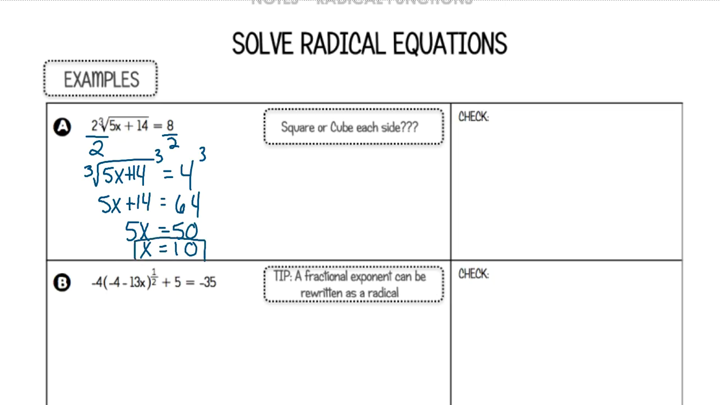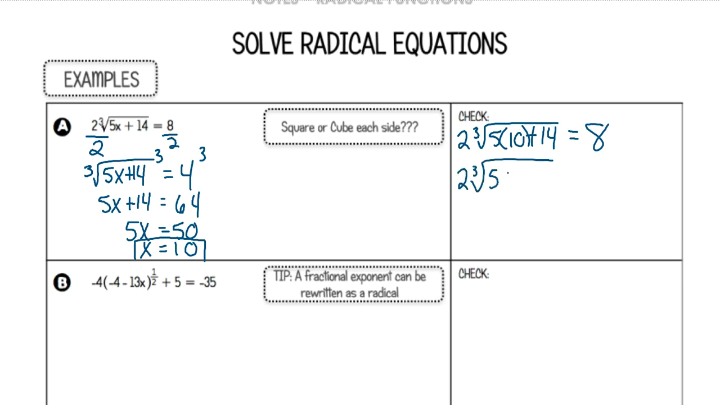Then always, always, always, you need to check your solution. So remember, the algebraic way to do that is to plug in the solution you just got and see if it gives you a viable answer, an answer that actually makes sense. So I'm going to replace the x with the 10, and then I'm going to solve it. So I'm basically just going to simplify that left side. So this leaves me